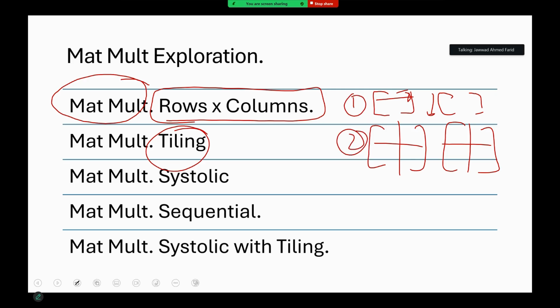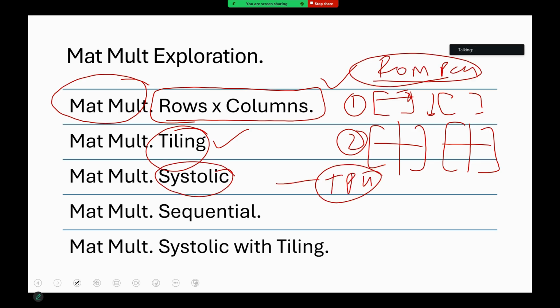Now my hope is that you've done both of these, and you've done this using this concept called the ROM-based PCU. The challenge with systolic is that the design is fairly simple, but when you try and implement it on the tiling side, or you try and extend it, there are certain tricks that you have to understand and explore. Okay. तो फिर हमारे पास एक चौथी अप्रोच है, which is what we call the sequential approach.